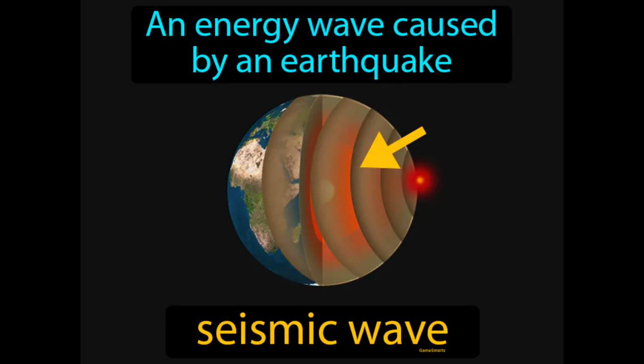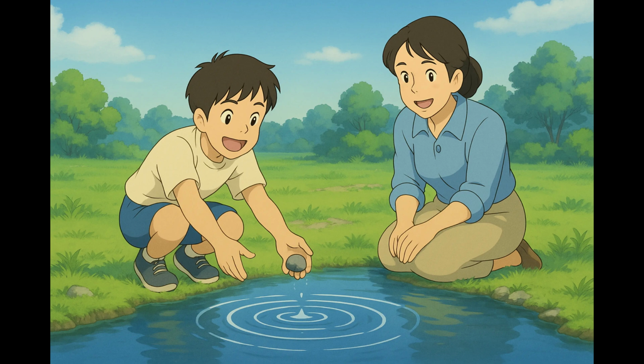An energy wave caused by an earthquake. Seismic wave. A seismic wave is a vibration that travels through the earth when the ground shakes. Imagine you drop a small stone into a calm pond and watch as ripples spread outwards from the point of impact. This is similar to how seismic waves behave during an earthquake, where energy is released and travels outward from